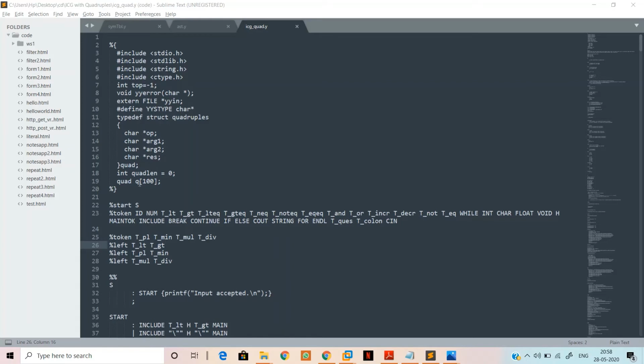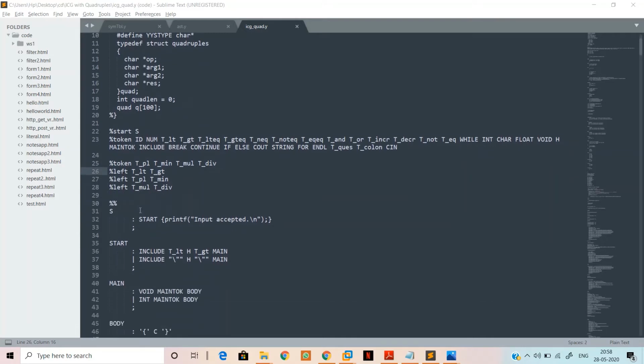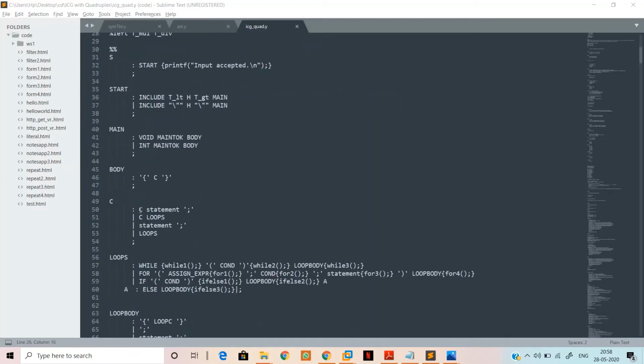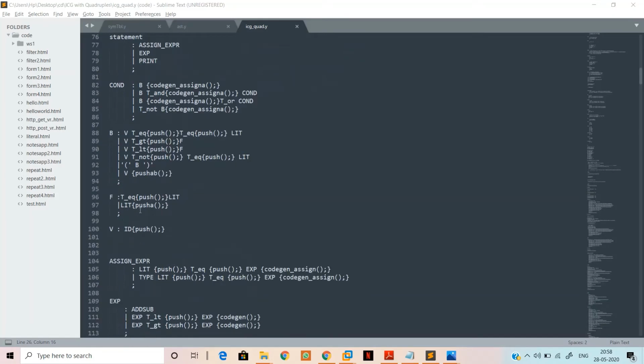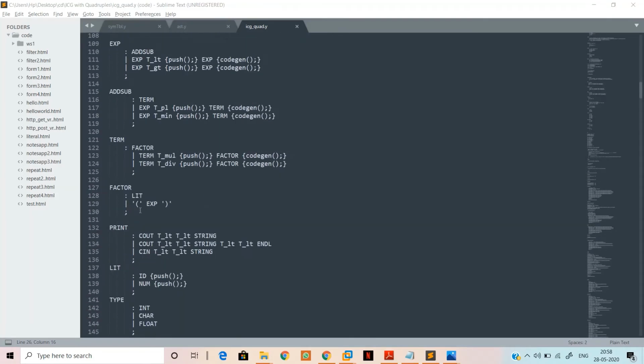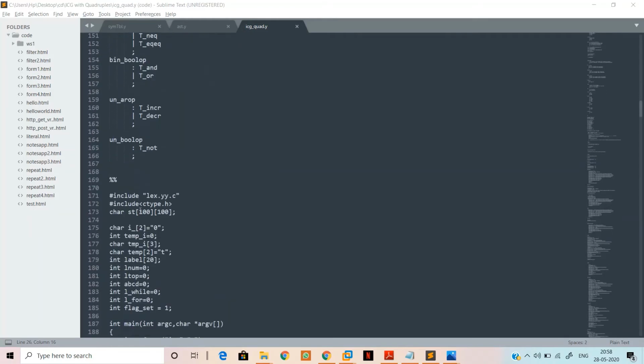We have constructed an array of length 100 of type quad. We have also used a character array of size 100 to store the different variables and operators, so that we can pop them as per our use.